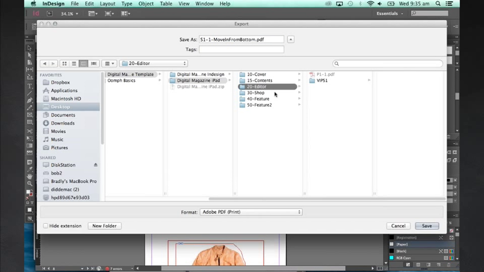So I'll go ahead and export this. In our next section, 20-editor, no, I should say 30-shop. And we can see here I've set up an S1 folder, and inside there, S1-1. With Oomph, you can export multiple pages inside the same PDF. So instead of having to export separate pages one after the other tediously, what you can do is combine all these pages into one, call them S1-1, and Oomph will automatically read that it has multiple pages and display them accordingly. So if I export this, S1-1,